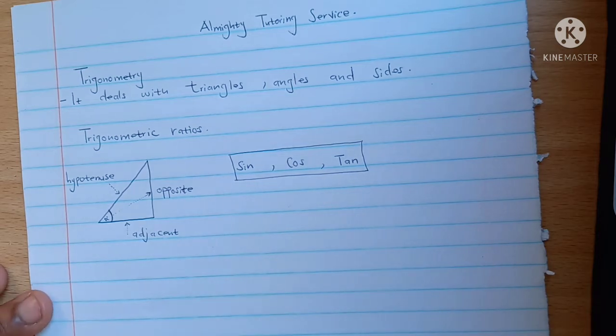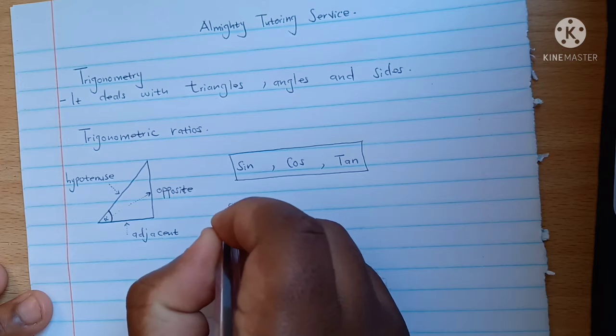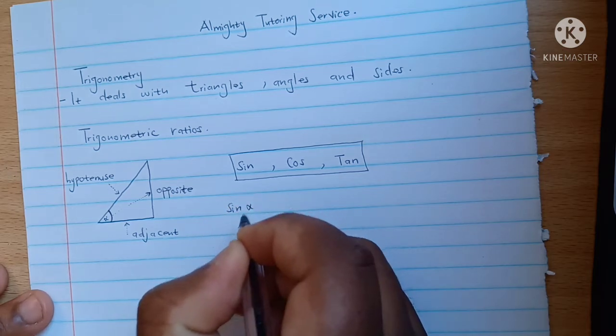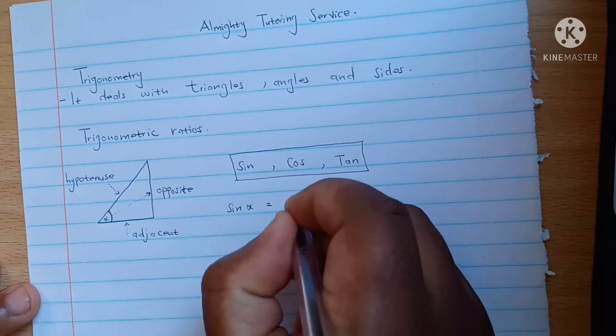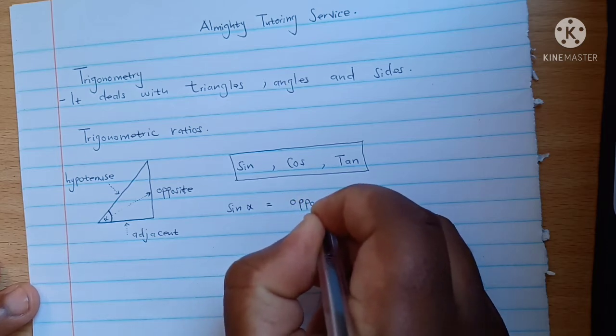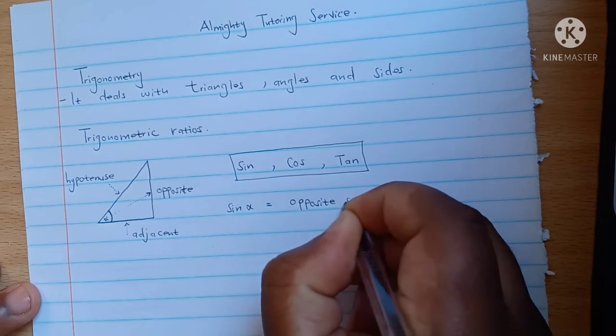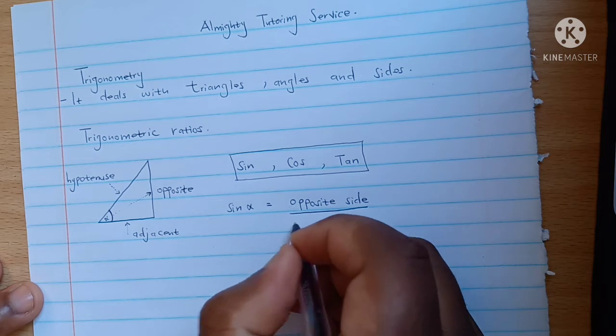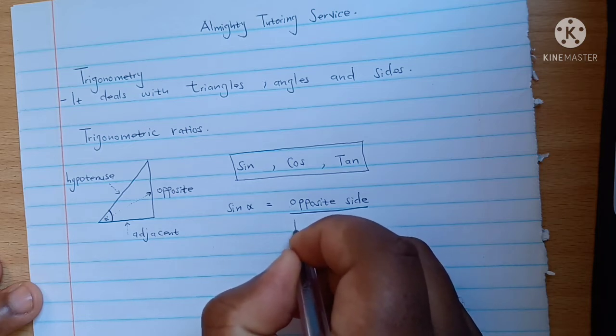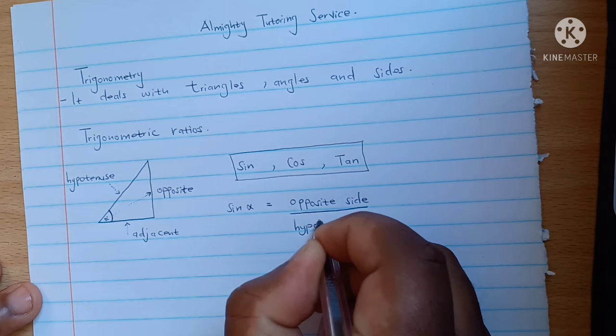Sine alpha is always, guys, don't forget this, sine alpha is always equal to the opposite side divided by the hypotenuse